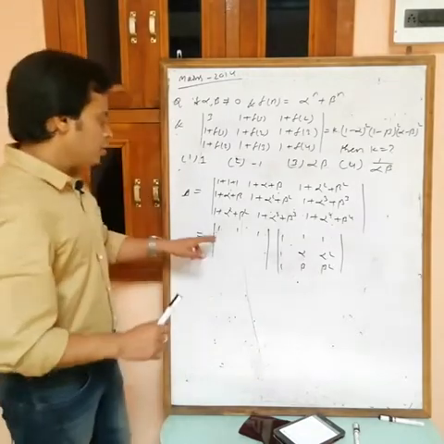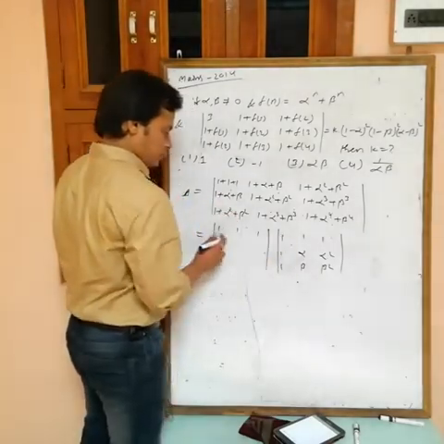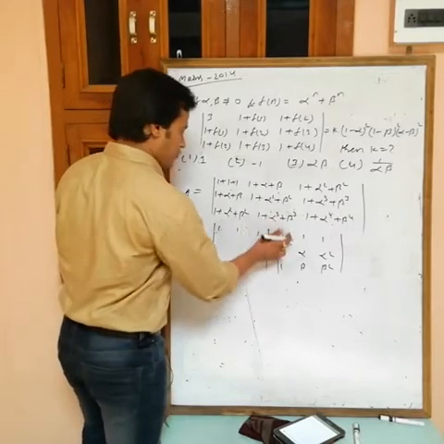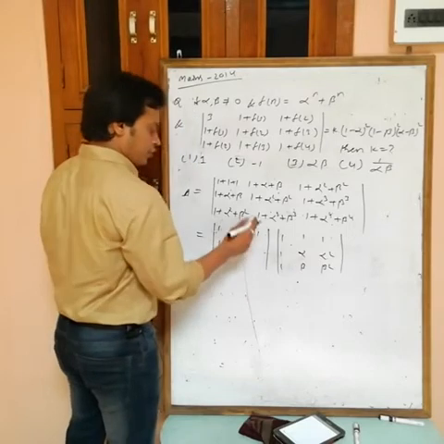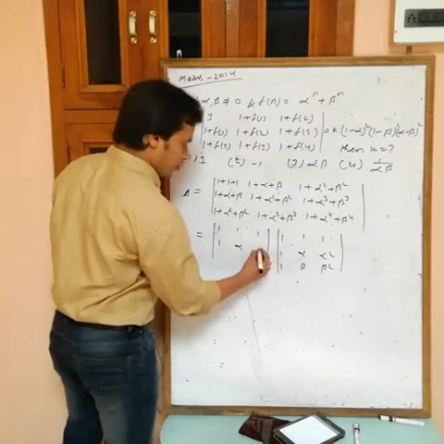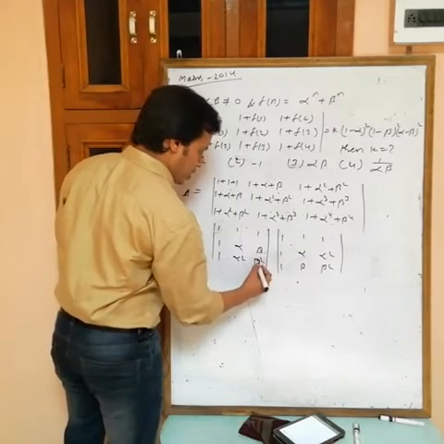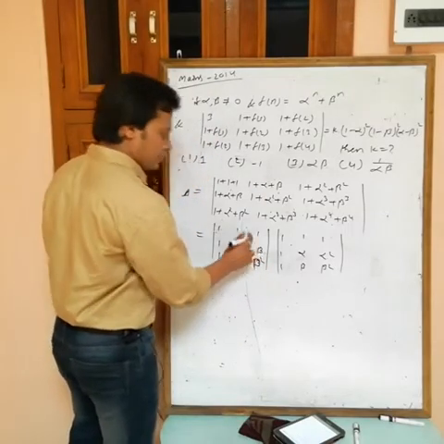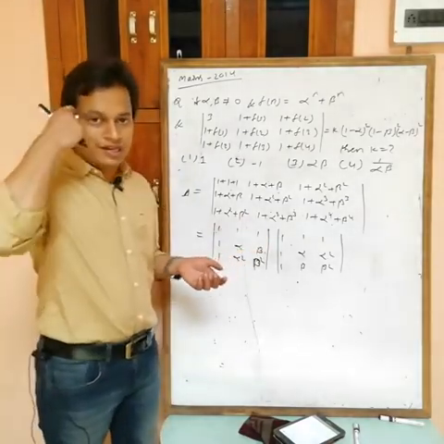We are getting that. Now P21. P21 is this one, second row, first column. What do you want? 1. What do you want? Alpha. What do you want? Beta. Okay, and similarly this one is 1, alpha square, beta square. And actually both are the same na, these both are the same. So this can be written as the square of one determinant na. Okay.